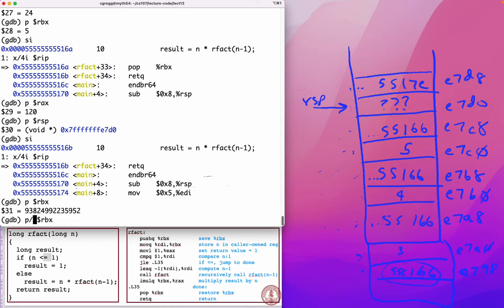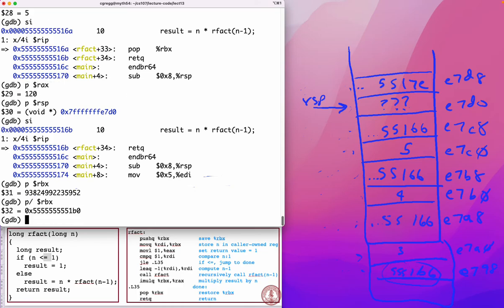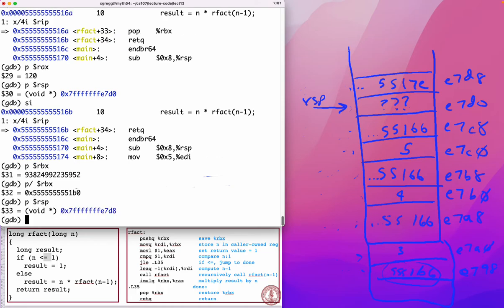It looks like a value that was saved from main, probably the return value of the function that called main, etc. But if we look at the SP value, RSP, it's E7D8, which is here. So it's not here anymore. It is here, RSP. And good, when we're about to return, which we're about to do right there, we need to,